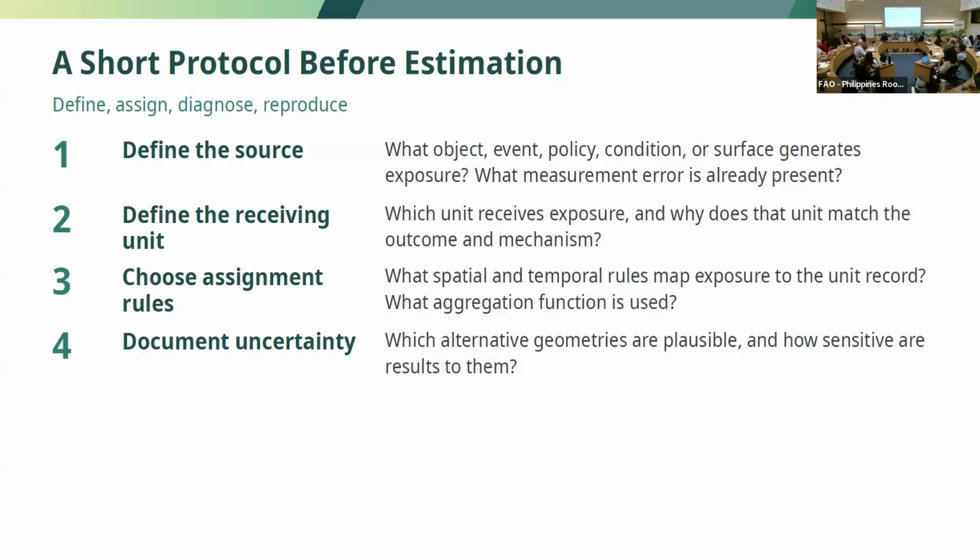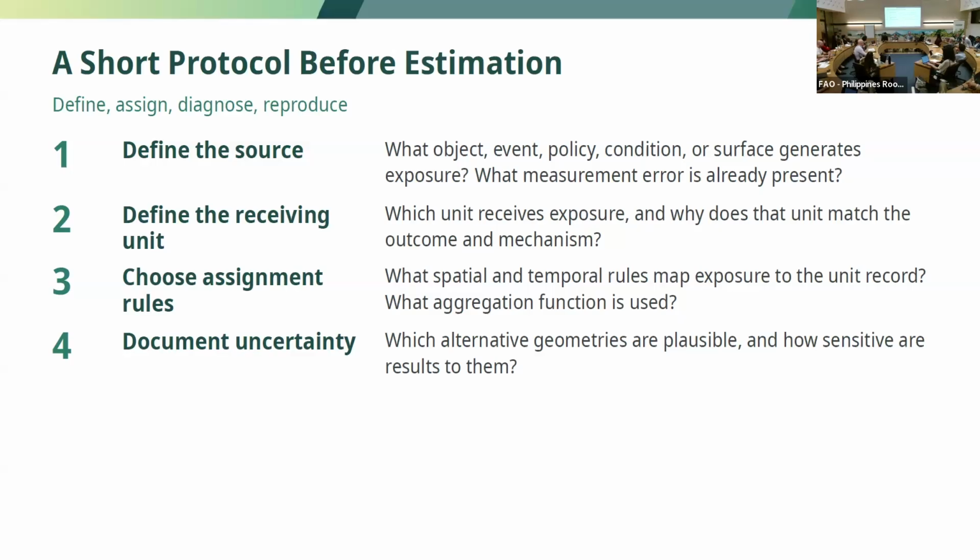So at the very end of the chapter, we have a short protocol on how to implement this idea. It starts by defining the source of the treatment. Where is it coming from? What sort of measurement error might already be in it? We've just heard about measurement error from the very beginning being built into our aid data. What's the unit that's receiving it? Is it the household, or an individual within the household? How do you match that unit to the gridded data? How do you match that unit to fuzzy location data of where the aid was applied? Those are important decisions that you're making. Those affect what you can estimate.